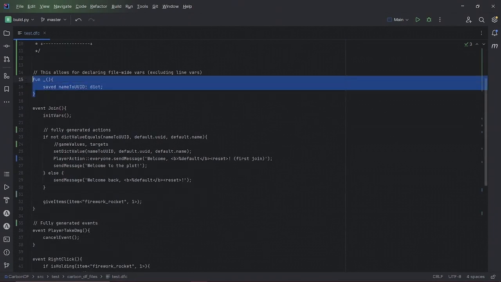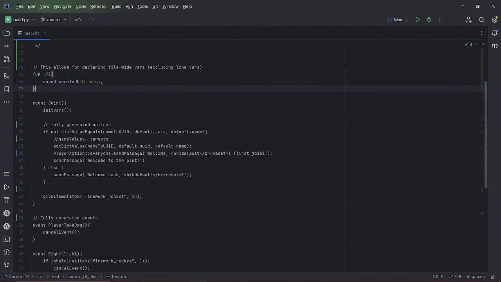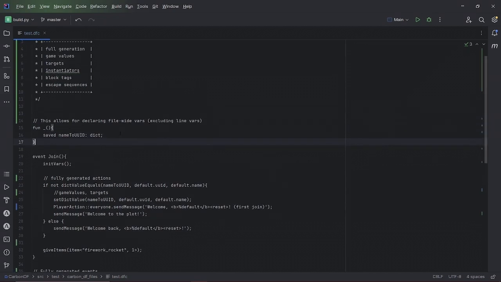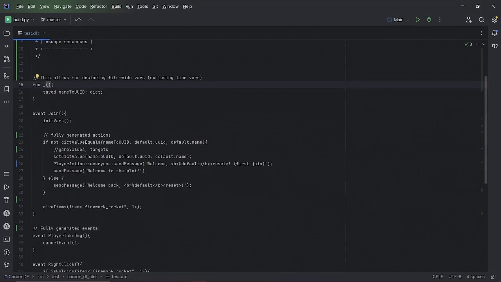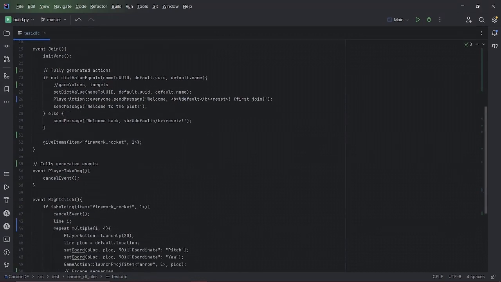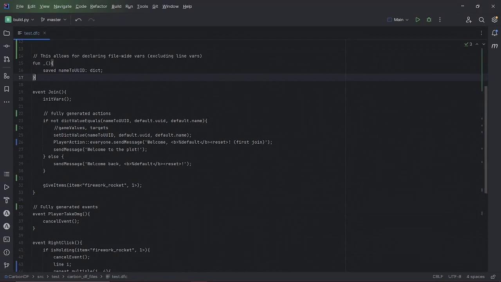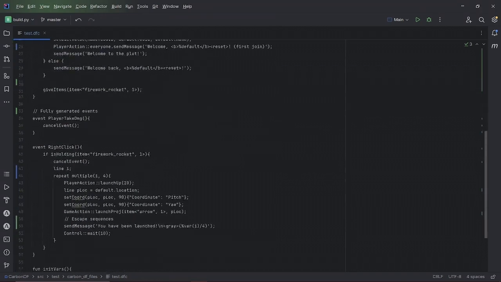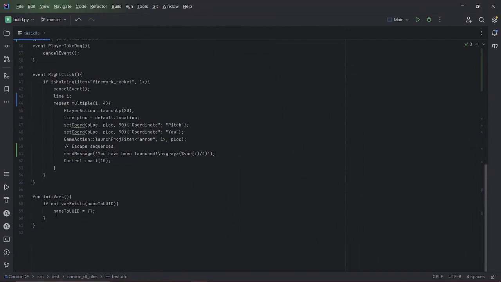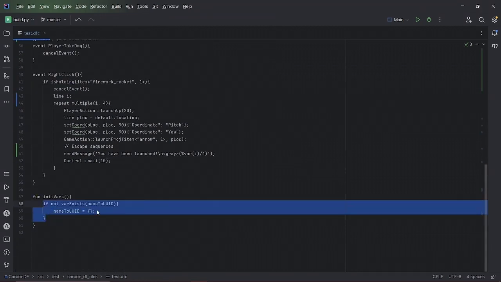First of all, this is a fake function just for declaring variables for the entire file. For example, a name to UID or things like that. We use underscore, and this tells the transpiler to look at this function, to process it, but not transpile it. Then we have the join event, in which we call the initVars function, which just creates a new dictionary if